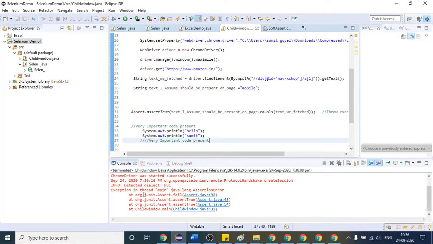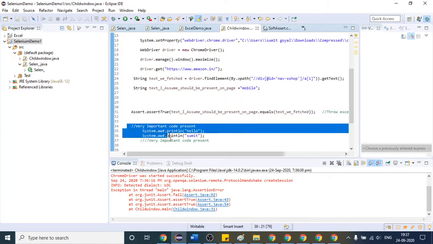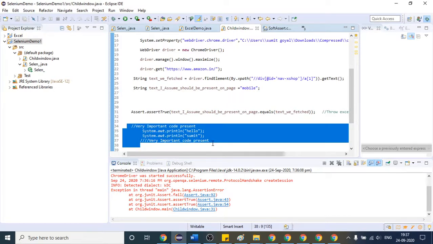Okay, so you can see this is our class. You can see the child window, right? You can see on the left hand side, child window is our class. Inside that, at line number 33 it failed. So this is line number 33. Sorry, 31 it is. So it is saying at line number 31 it failed. Why did it fail? Because your condition is not matched, right? So we are providing the assertion so that your test case will fail, but you have seen these are very important code, right? I have written, and it has not executed, right?